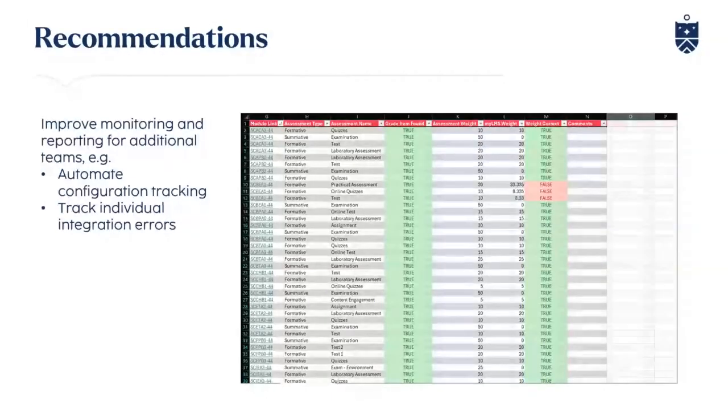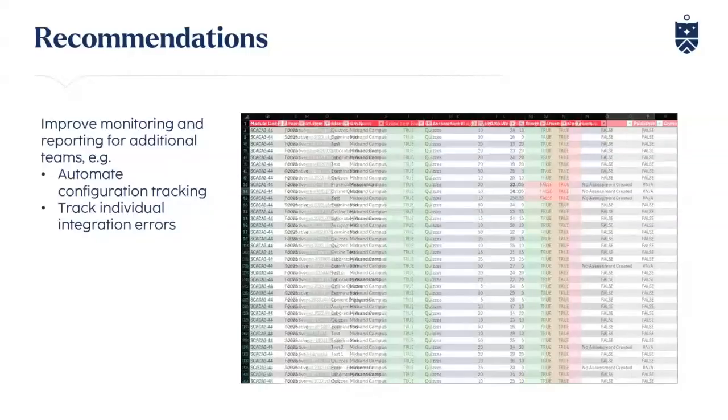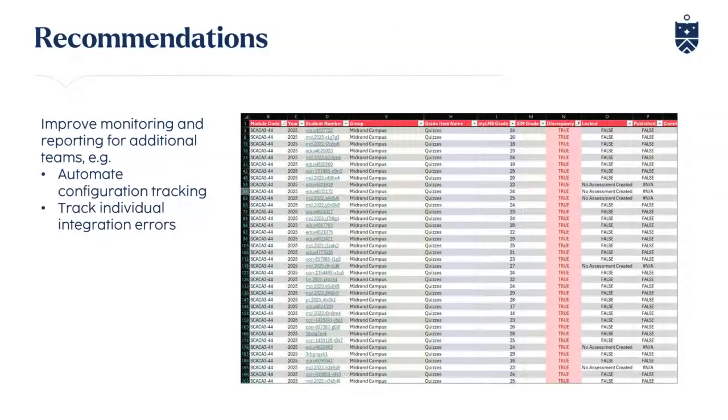And then also, for broadening the scope and bringing it back to where we can see integration errors occurring in a targeted fashion for them to go and investigate. And then even in some cases, you can see in the locked column where the assessment has not been created, so there is essentially no place for the mark to be pushed through to. So really just to broaden this view of what it is that we're looking for when making these fixes.